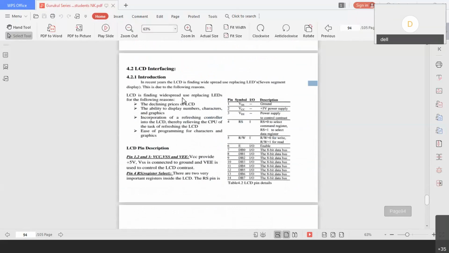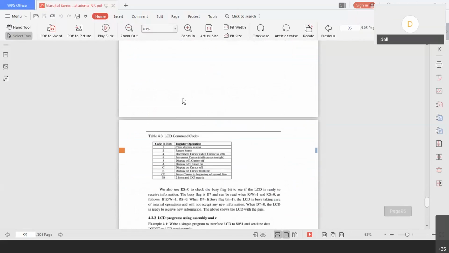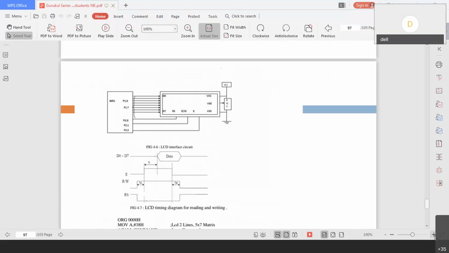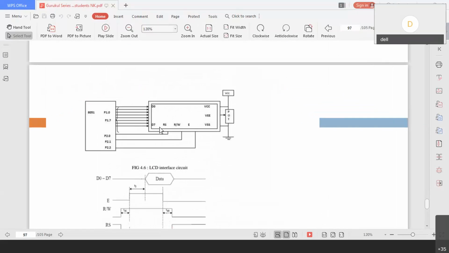The second is the LCD interface. All of you know an LCD consists of a display. Now I want to interface that particular display. So what to do? You can see in this diagram there are RS, RW and E. RS is called register select, R/W is read and write, and E is the enable. The LCD itself has its own microcontroller for display purposes. So the data lines are connected so that we can send whatever data is to be displayed to the LCD.